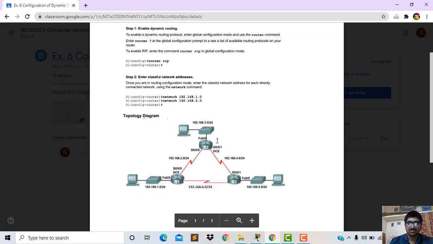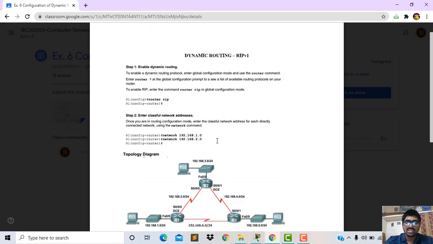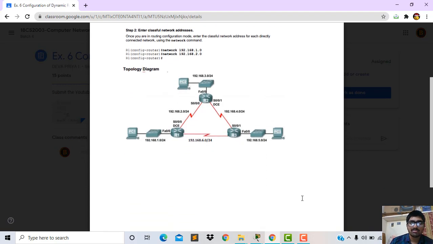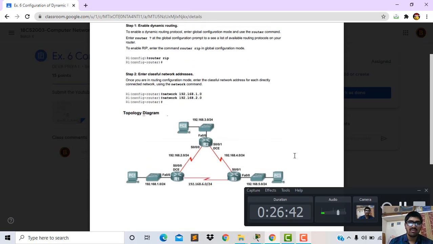Now we have to know the difference between dynamic routing and static routing: static routing is useful for small networks, and dynamic routing is used for small networks as well as large networks. And we have seen that to know the transactions between RIPs, the command is debug IP RIP, and to stop the transactions on RIP, the command is undebug all. And we have seen that it always chooses the best path to access information from source to destination. This is all about how dynamic routing is done in different LANs and WANs.